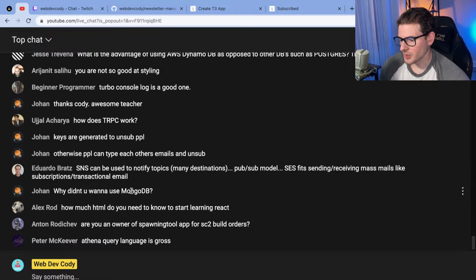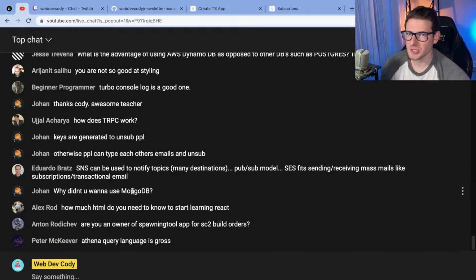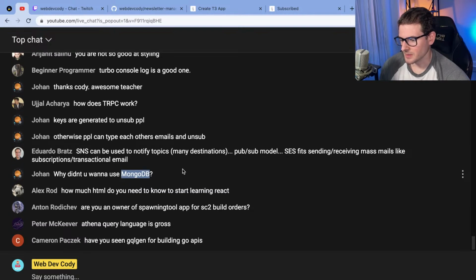Why didn't you want to use MongoDB? I just wanted to change it up. Honestly, I don't know what else to say. You could use potentially any database for what I'm doing. But DynamoDB is super cheap. I don't have to pay any type of operational costs or some monthly fee. I'm only charged for what I use. And for right now, the amount of traffic and data I'm putting into Dynamo is so small that I'm probably going to be charged a penny per month or less. So that's the main reason I'm using Dynamo. It's super cheap and they don't charge much for using it.